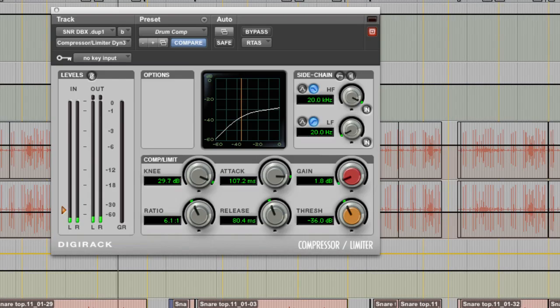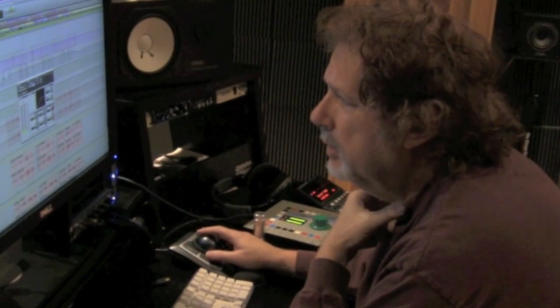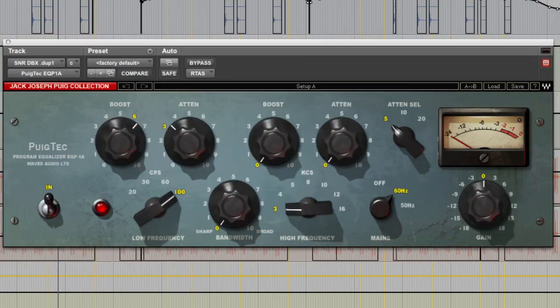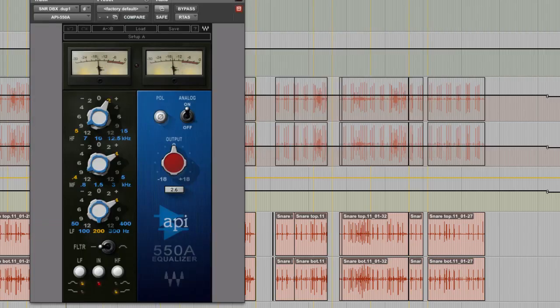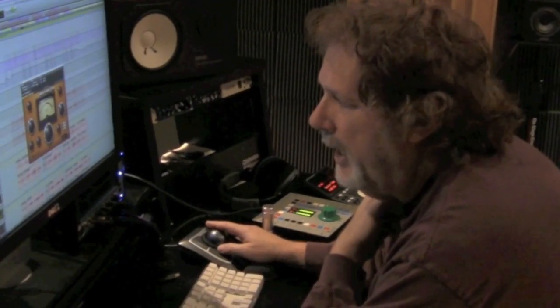Here's what I'm using as a parallel chain on the snare. This here again, same sample, same settings, except this is a little slower than I normally would, slower attack than I would normally use. I'm mixing that back in. Low end on the PuigTec, top end from the APIs, H comp, just trying to get a little thwack, a little smack